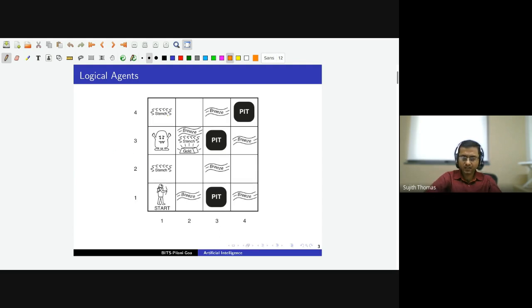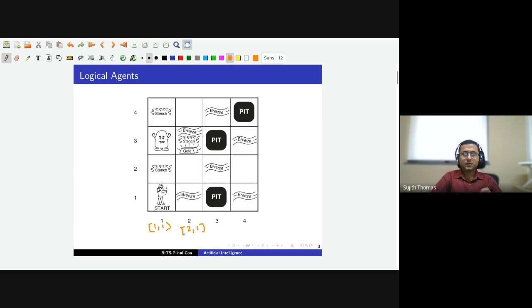Okay, so I'll just explain what the Wumpus world is. We have a 4x4 grid, where each cell is a room. We have a logical agent which is in cell 1,1. Let us say we go in this direction X and this is Y. So the first bottom left cell is 1,1, and the next one is 2,1, and so on.